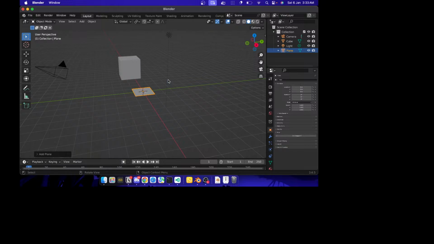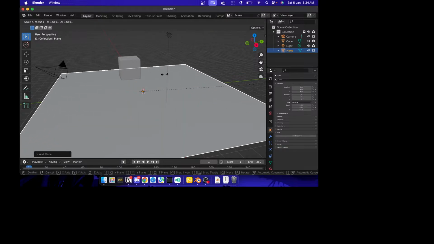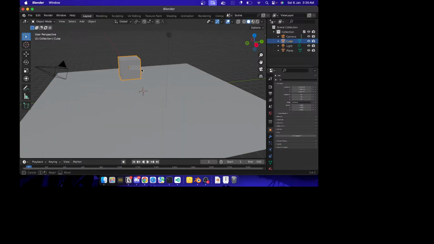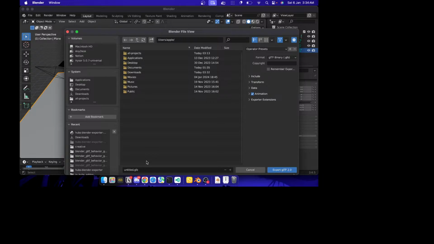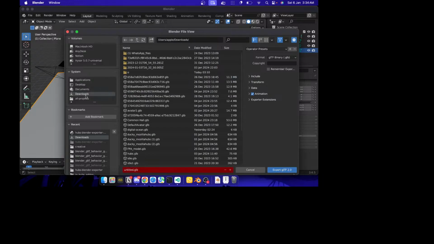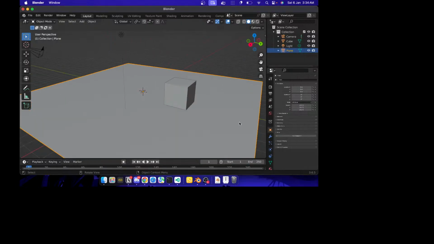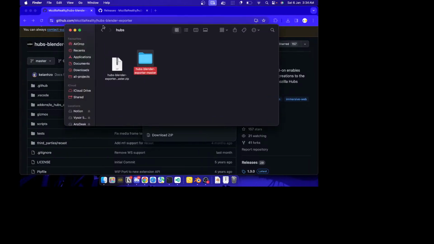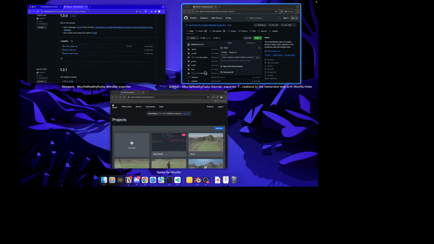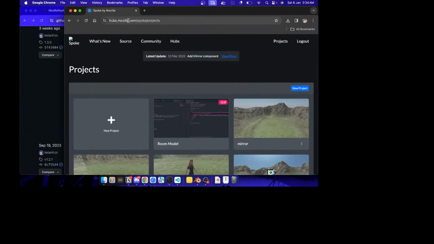So for example, if I add a plane, the plane we need several things, but for now let us go with only this thing, and I export it as GLB. Let's say it's called untitled.glb. I will keep it in the downloads folder. So I have this untitled.glb downloaded, and I switch back to my